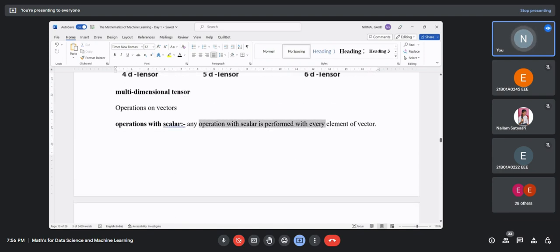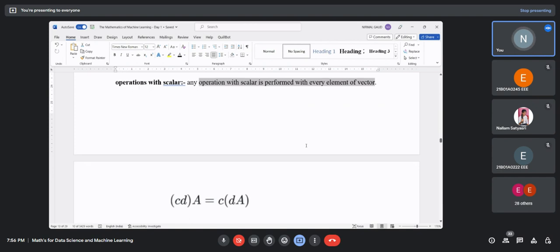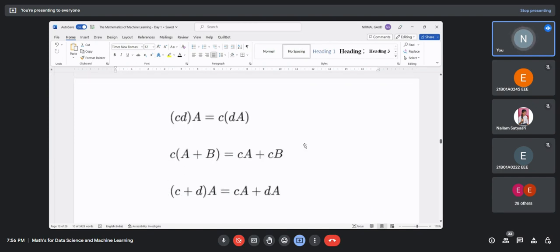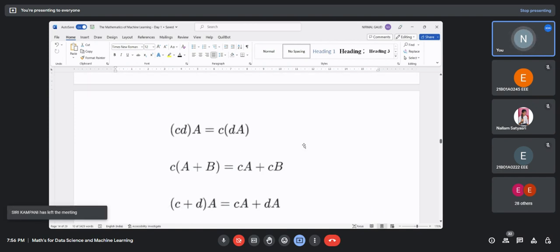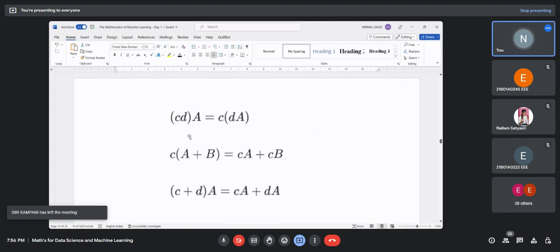Any operation with a scalar is performed on every element of a vector. If c and d are scalars and A is a vector, then if I multiply cd first and then apply it over A, that will be similar to